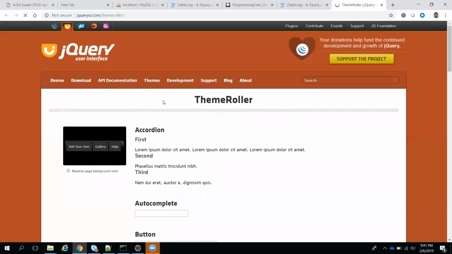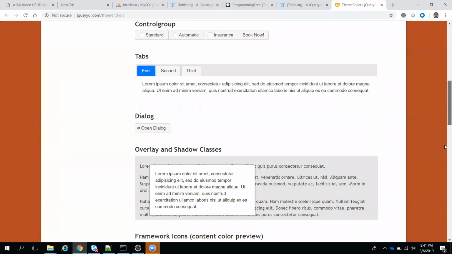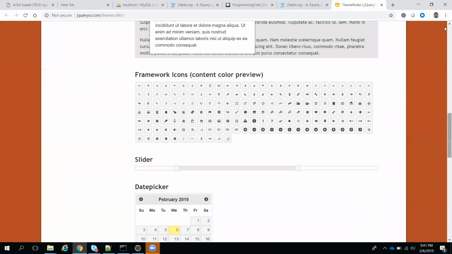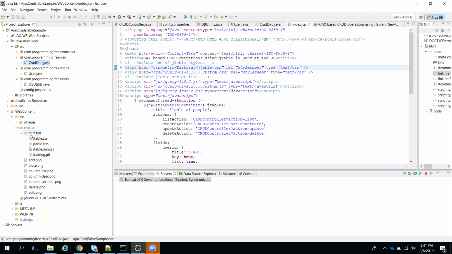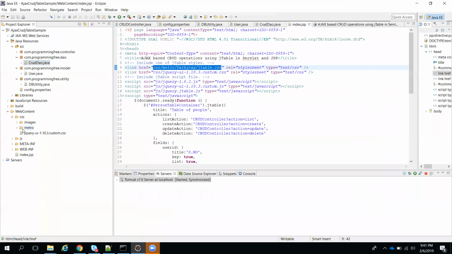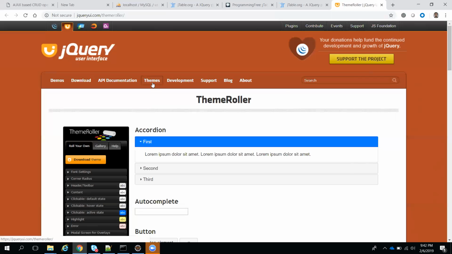Theme Roller. Okay, you guys understand that if you want to download that particular folder of CSS, you need to include it in this path. At present crimson is there, so it only gives that related one. We are giving that path here, CSS metro slash, so it is giving that related CSS. If you want to use a different CSS, see, this is based on jQuery UI only. That's why they redirected to jQuery UI here. Here you can select themes.